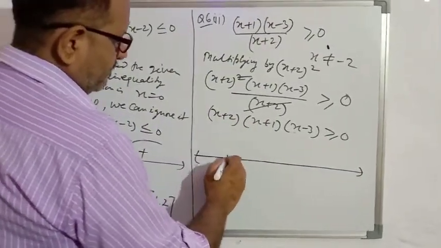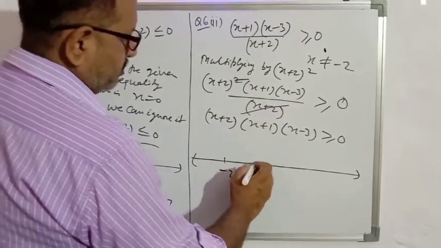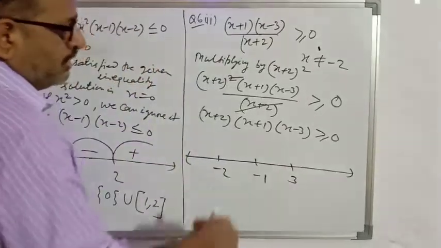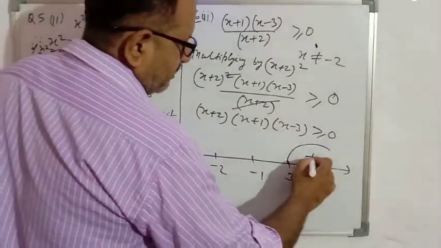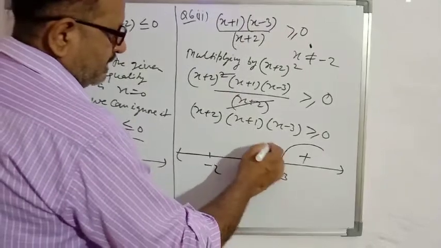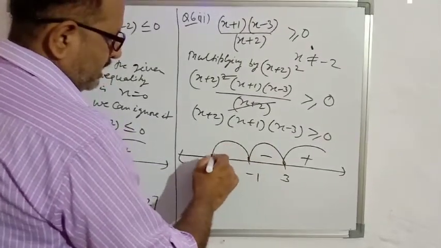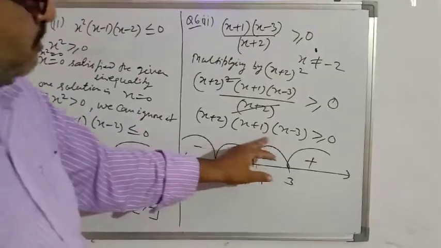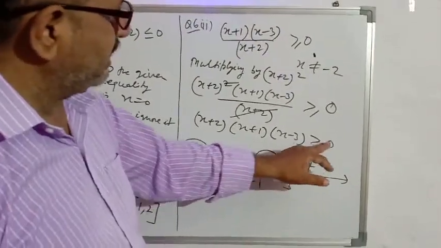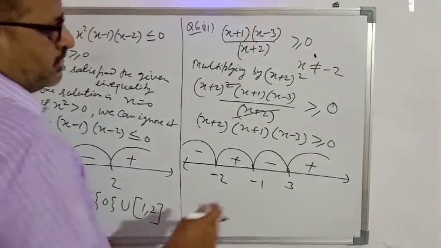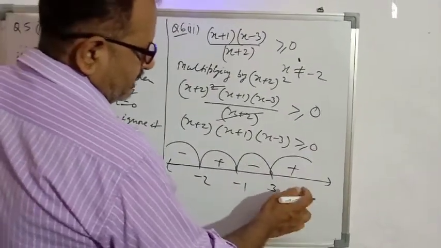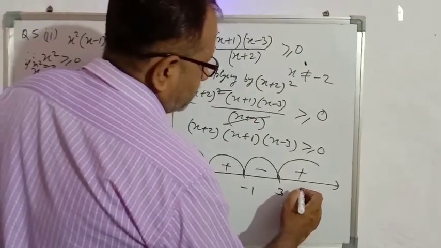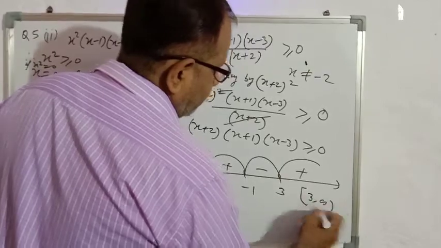Firstly, write the smaller number. At minus 2 the value will be 0, at minus 1 it is 0, and at 3 also 0. By the method of intervals, we take plus from the right side, then negative, again positive and negative. But here we want the product greater than or equal to 0. So we get greater than 0 in the interval 3 to infinity, which is positive,